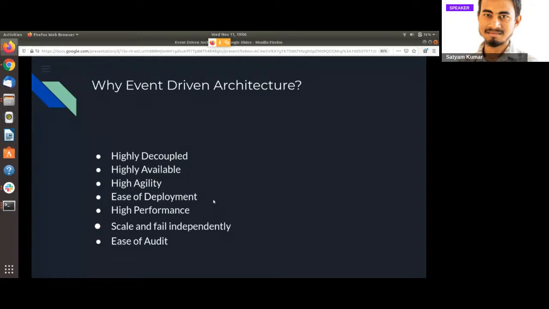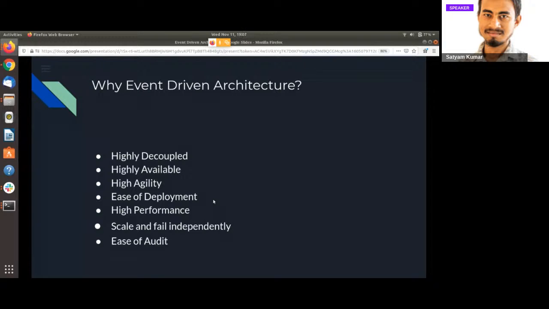Another benefit in an event-driven architecture is the highly available nature of the system. All the services are independent. They are not dependent on any other services, and they do not interact directly either. Suppose we have an application which consists of 5 or 6 separate decoupled systems, and they are interacting using some event brokerage system.